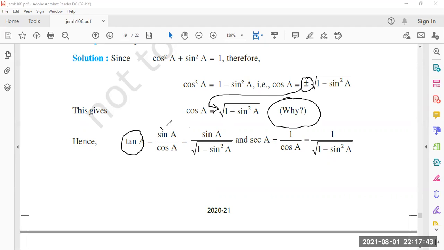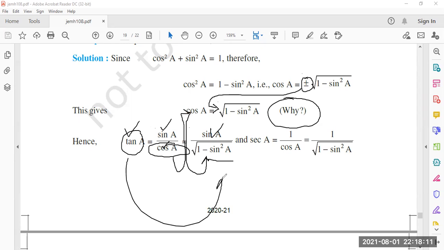Tan ratio we know is sin a upon cos a, but we are asked to express this tan a also in terms of sin a. Every ratio, tan, cos, secant, cosecant, is asked to be expressed in terms of sin. Now sin a is written as it is. What is done to cos a? Just now, the ratio into which we converted cos a, the same is replaced here: 1 minus sin square a, the same is mentioned here. Now see, tan a is represented as sin a upon square root of 1 minus sin square a. All the terms that are there are sin only.